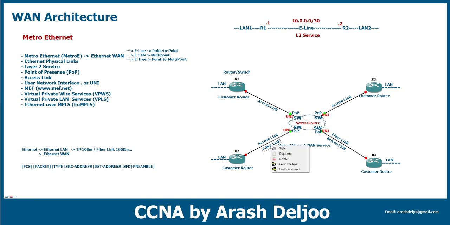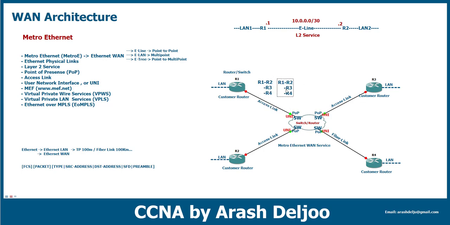Maybe you think that we should use, for example, 4 physical interfaces or 3 physical interfaces in each router. For example, 1 physical interface for connecting to router 3, 1 physical interface to router 2, and to router 4. Let me calculate for you. Assume that we are using the physical link. R1 should connect to R2 physically, and then to R3 physically, and then to R4 physically. Okay, that means R1 needs 3 connections.